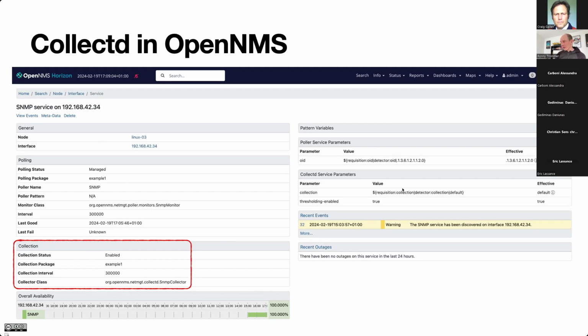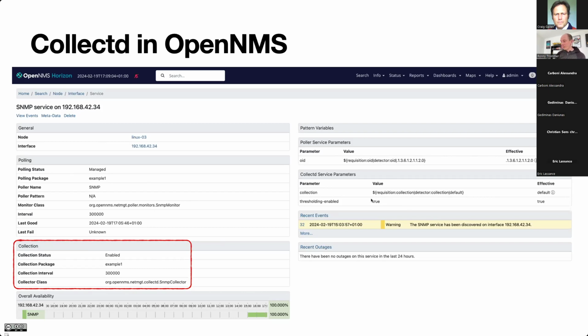It's configured with that OID value. And we have a data collection enabled with the SNMP collector, which needs to do a collection. We talk about that in a minute. And we have the thresholding enabled.